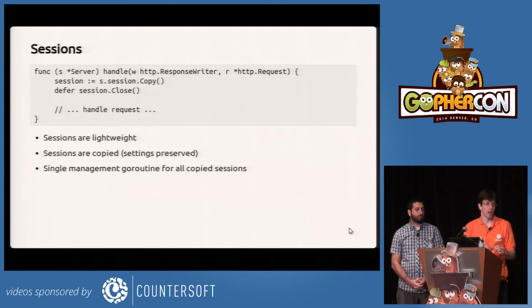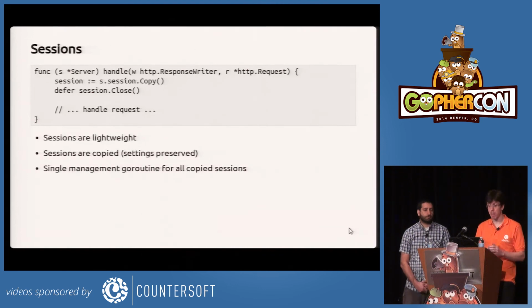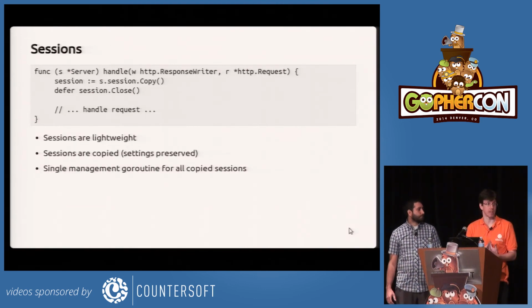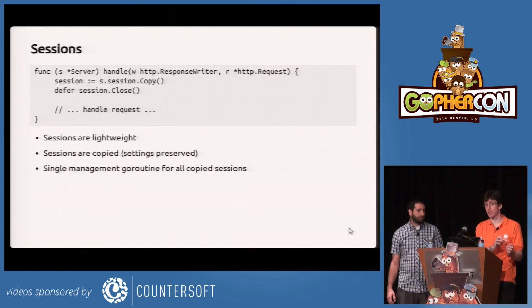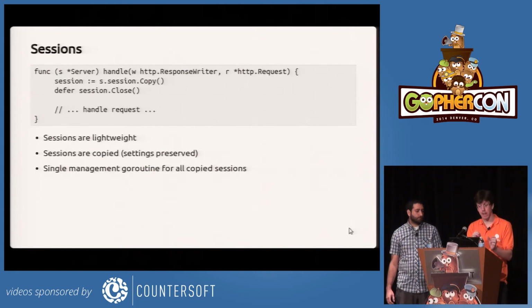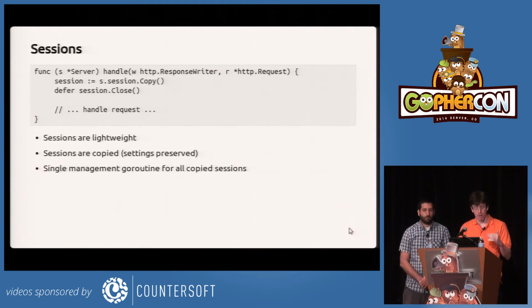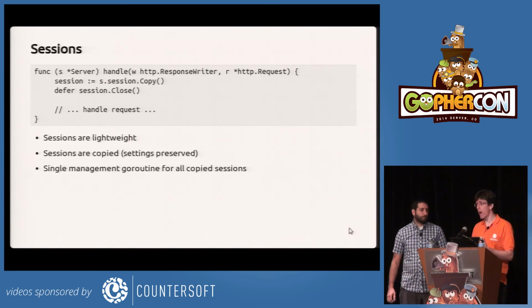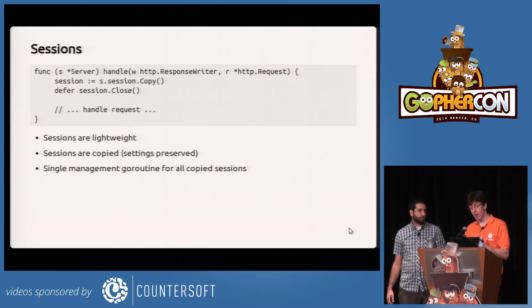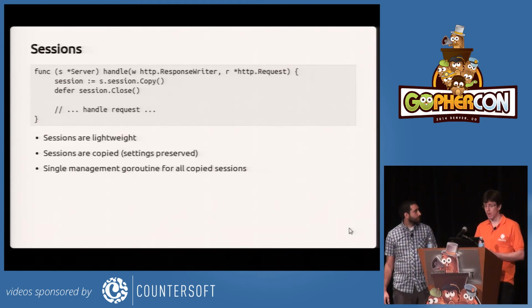You could use a single session universally, but the way you usually do that, for example in an HTTP handler, is you copy the session so that you have the same settings but with a fresh environment, and that session is going to have a connection assigned to it, so that every single HTTP request may be handled in parallel with a different underlying connection.